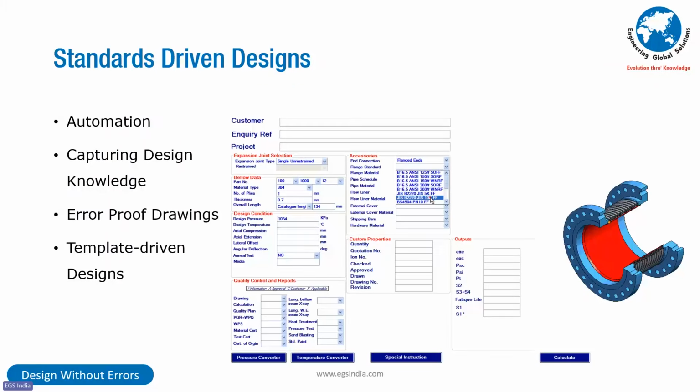Take, for example, this case. What you are looking at is an expansion joint design. This is based on the EJMA standards. The EJMA standards stipulate quite a few design calculations that need to be embedded. Now remember, imagine you are the manufacturer and the supplier of this expansion joint to many different customers across various applications. Now imagine your salesperson sitting in front of a customer and discussing with him or her the requirements for